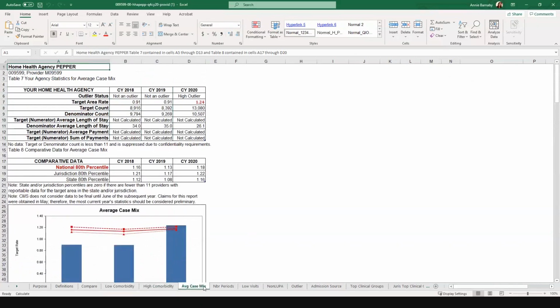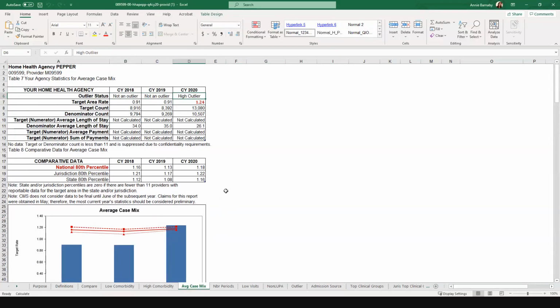All right, average case mix. Let's take a look at this one in a little bit more detail because this one is not new. So we do have information for all of the 3 years. It looks like this sample agency was not an outlier in 2018 or 2019, but they were a high outlier in 2020. Another reason to take a closer look maybe at this calculation in this target area is that this is